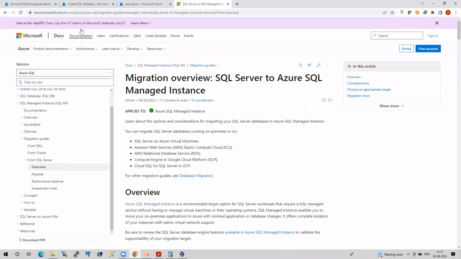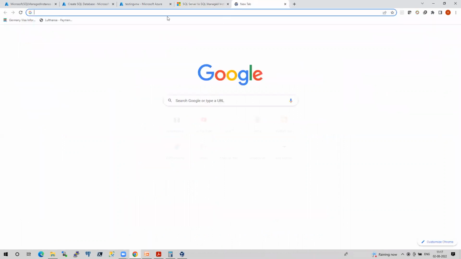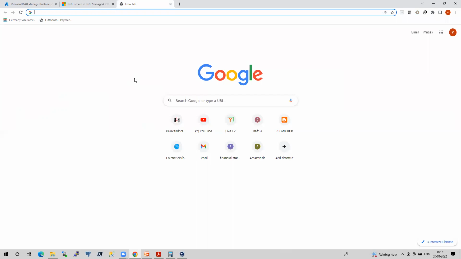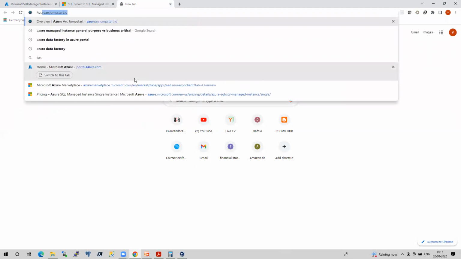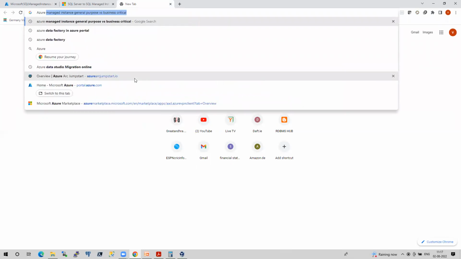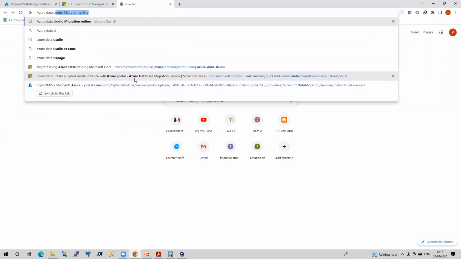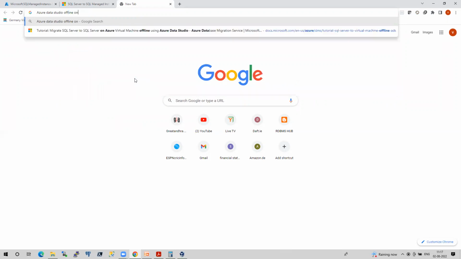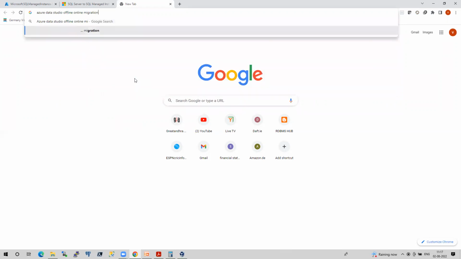How many of you are aware of the different scenarios we have from a migration standpoint? Any idea? Let me show you. Azure Data Studio, offline and online migration.